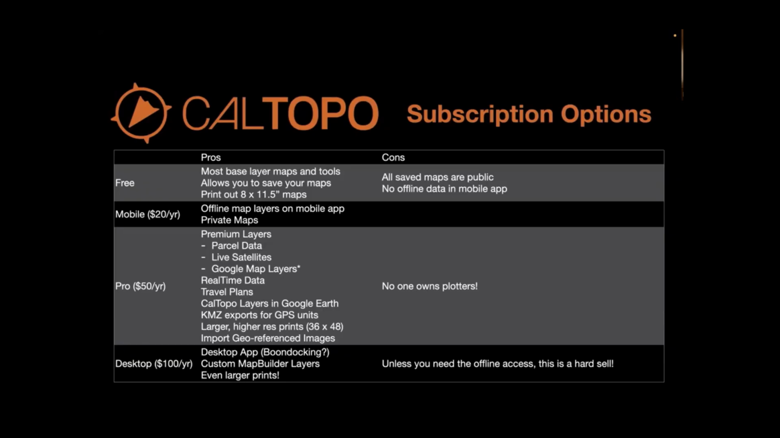It also gives you access to some real-time data like weather, temperature, stuff like that. Something that's fairly new, which we'll talk about, that I think is pretty cool, especially if you're planning a little bit longer trip or multiple summits in a day, are travel plans, which actually give you,